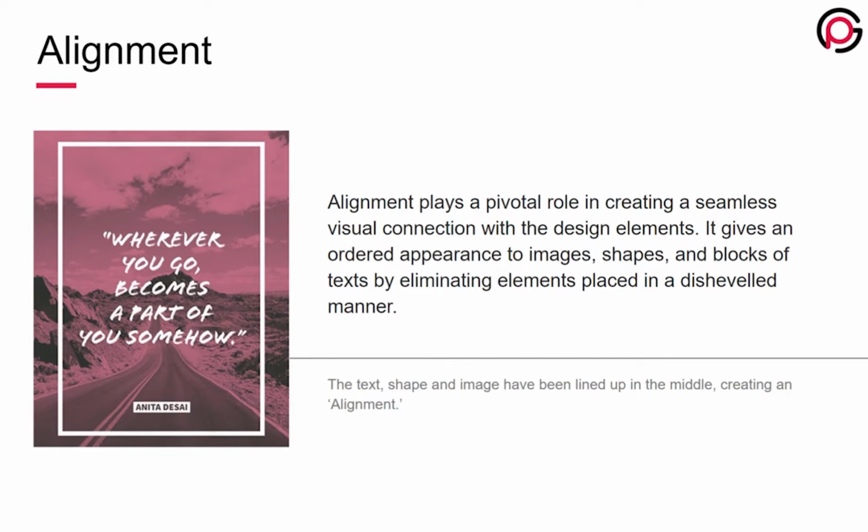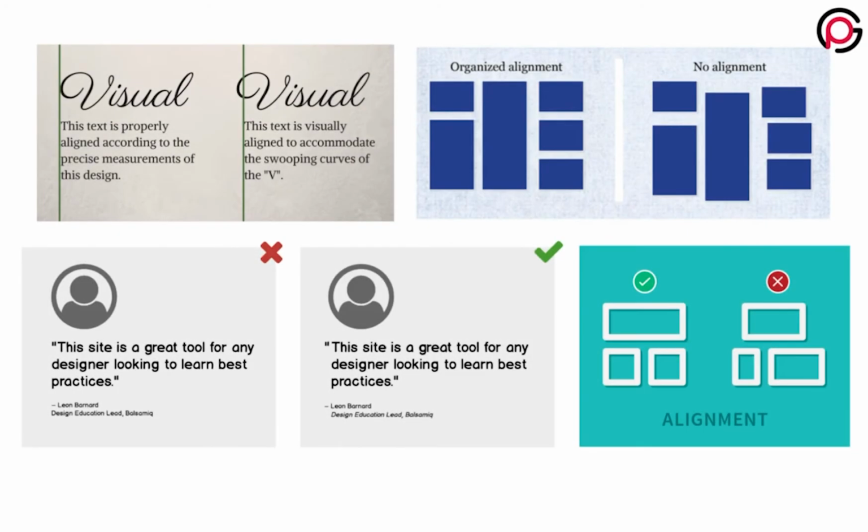Now, center alignment is aligned to the center both horizontally and vertically. And the last one is justifying alignment. It is aligned from both left and right. The image, text and shape used in the picture are aligned to the middle or center, that is called center alignment. In the figure you can see visuals written over here. In the left part, the visual is left aligned and the right is not aligned to the left. So you can see that it is coming out of the green line. On the left it is aligned and on the right it is not aligned.